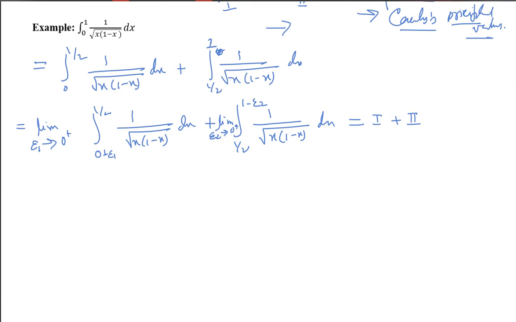Now you need to find this integration. First find the indefinite integration. It is always better to first find the indefinite integration. So what is the indefinite integration? Can you solve it for me? You can take x as sine square t. We can also do one thing: if we write 1 minus x plus x in the numerator, then I think it will be easy. Whatever you are convenient with, just find this integration. I am leaving this part to you. You can find that integration easily, I think.